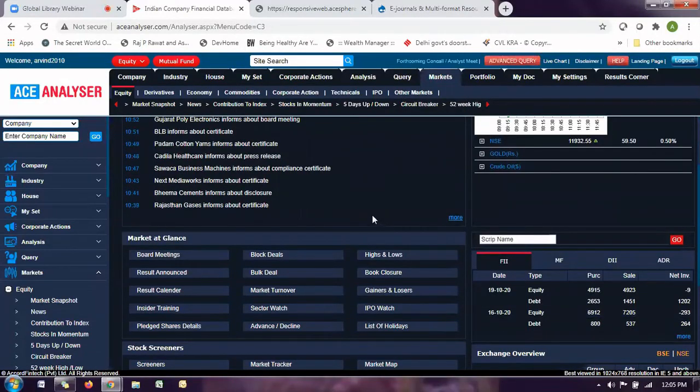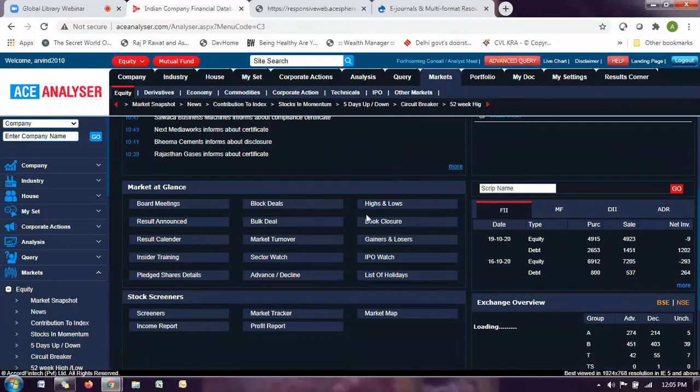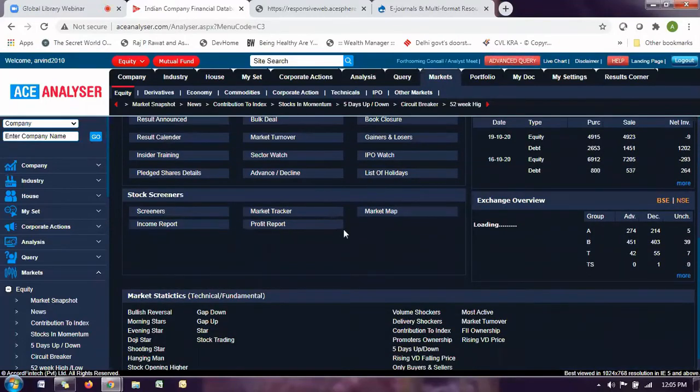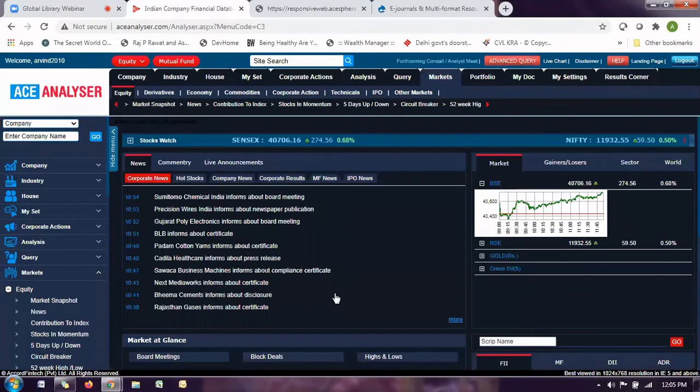Just like we saw the snapshot in the company section, here you have the market snapshot. So you get the important details in terms of FIIs, board meetings, stocks, some brief stock screeners, and certain technical market indicators. So all that you can work out from here. That is the live market, 50-minute delayed basically.